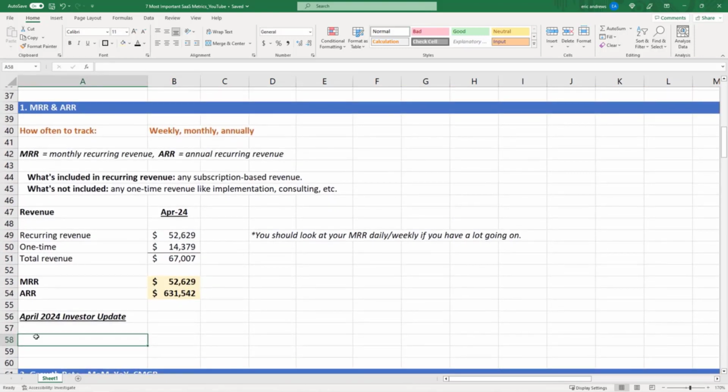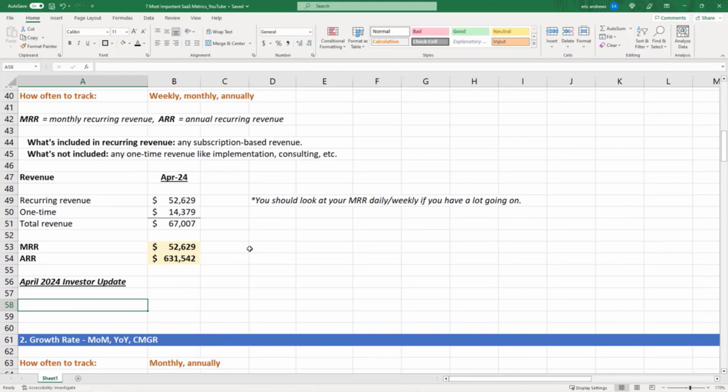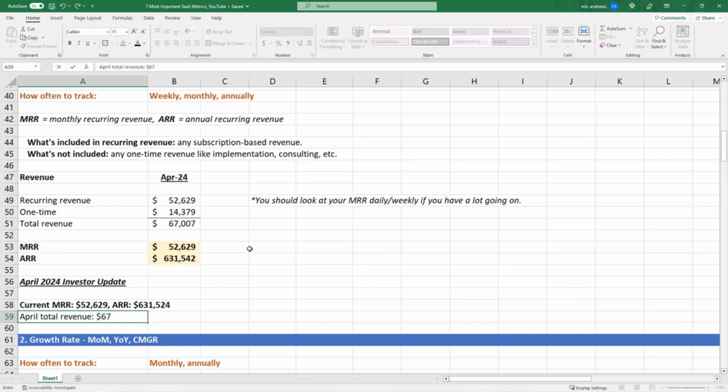So let's write the first couple bullet points in our investor update so that it's basically already written by the time we get to the end of the video. Very simple: current MRR, we would just say 52,629. ARR is 631,524. And then we can say April total revenue was actually 67,007, but that includes implementation